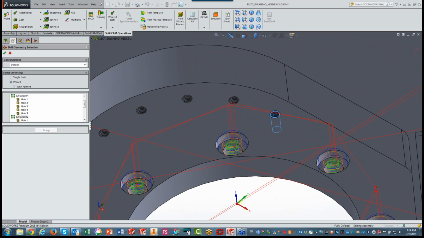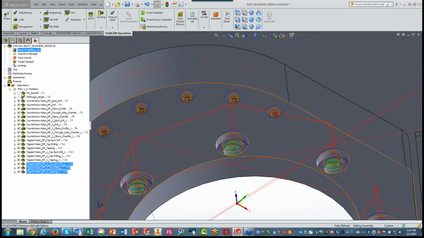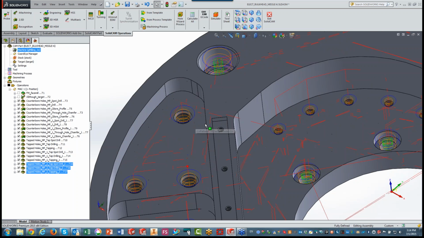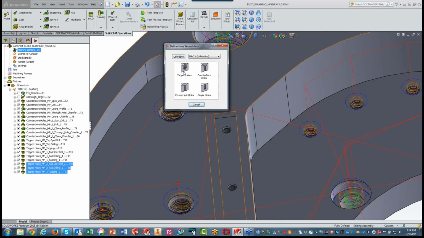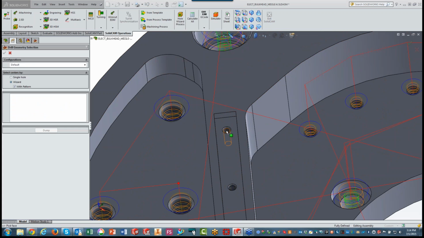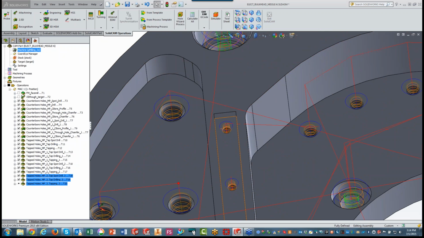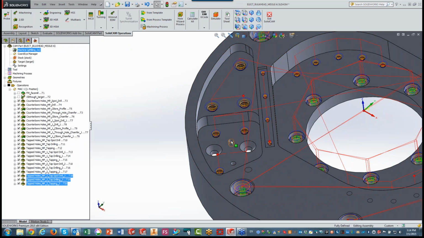No, it'll pick that entire set. Okay, and let's still go also to these here as well. So take those tapped holes. We'll click on that one over there. Accept it. And we still have our countersink hole that we need to do over here, as well as the